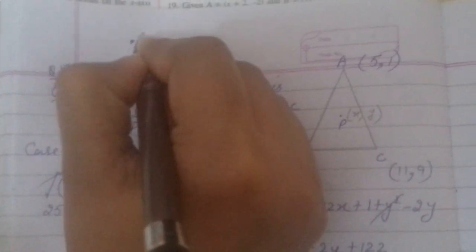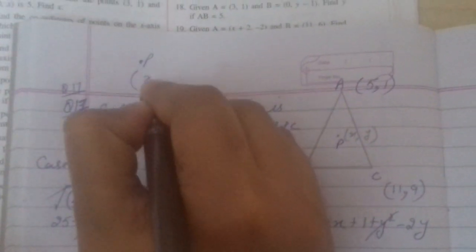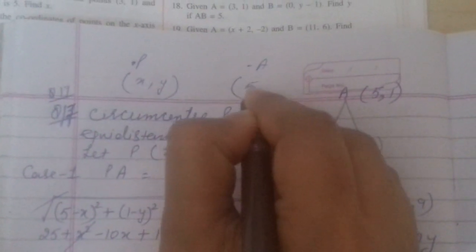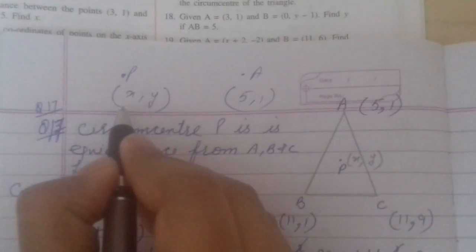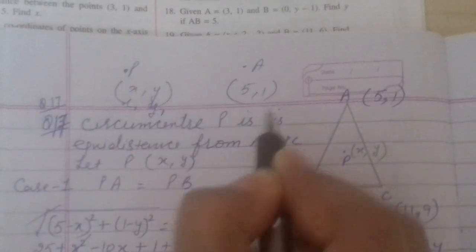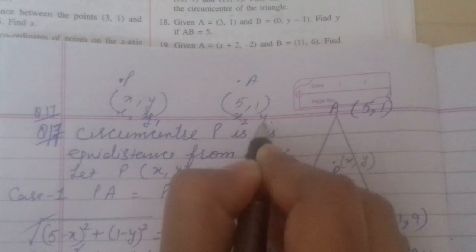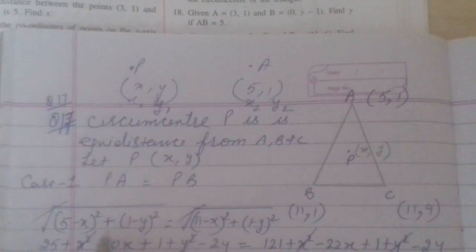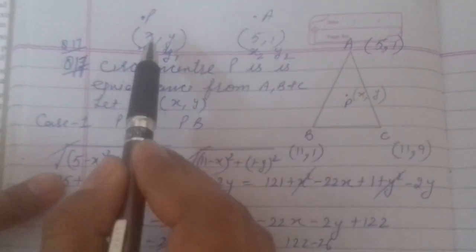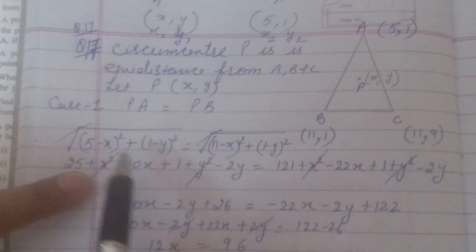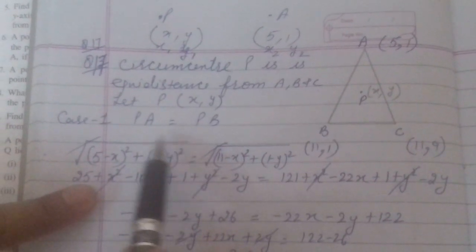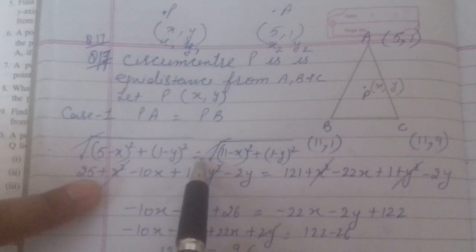Suppose this is point P, and it is x and y, and A is 5 and 1. As I told you, you mark the points as x1, y1 and this as x2, y2. Now you know the formula: the whole under root of (5 minus x) whole square plus (1 minus y) whole square is equal to